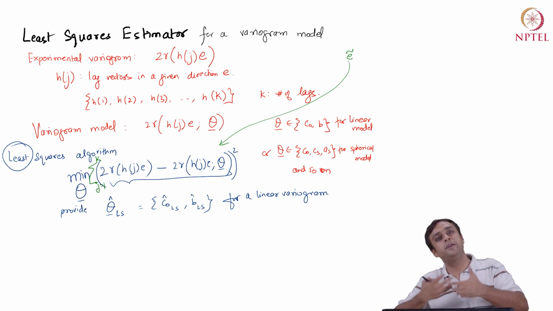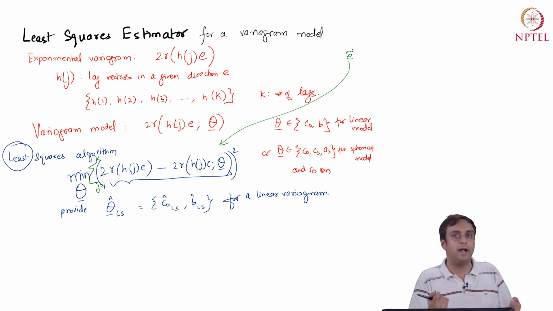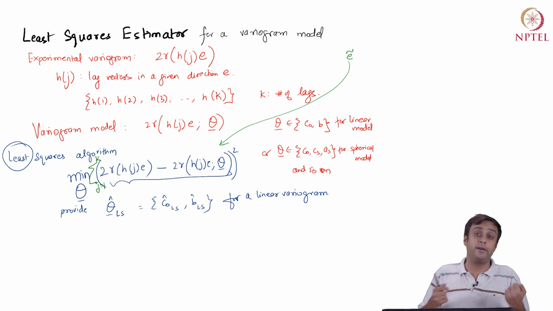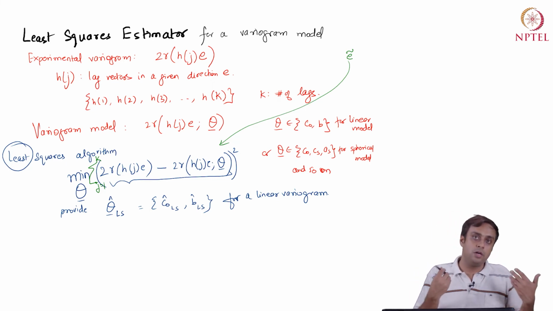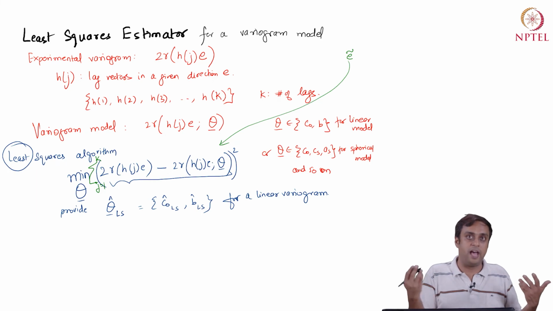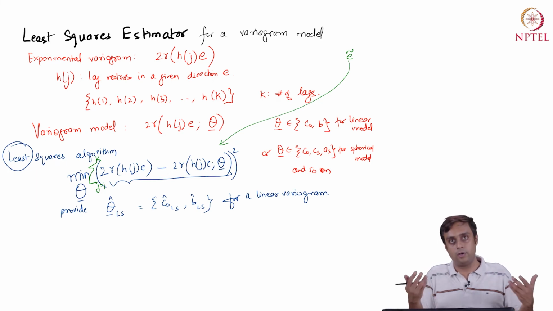So, incorporating different directions is not so complicated with the direct estimation process of least squares, as opposed to what it would have been for the indirect